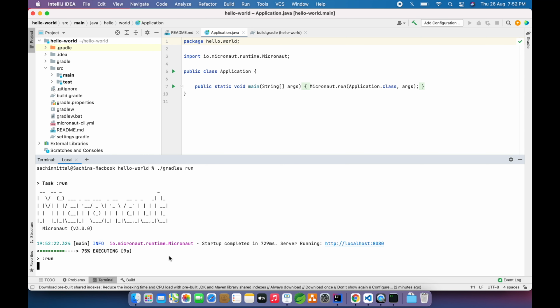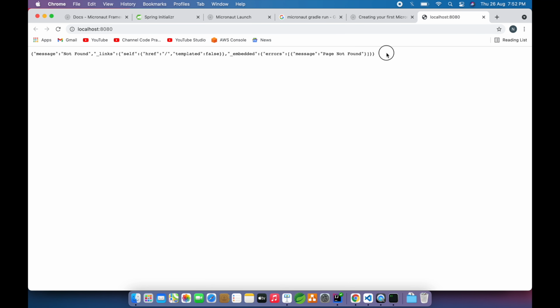Now if you see guys, startup completed and the server is running on 8080, right? And if you see, there are not that many logs printed like Spring Boot, and the startup time for this application is way less than Spring, right? Ideally on their website you can find the startup time for any application in Micronaut is 5 to 30 seconds, whereas in Spring it can take up to 60 seconds, right?